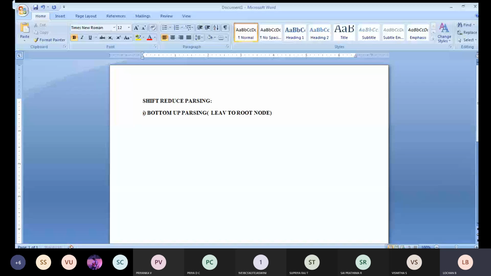Second thing, there is a stack. We will be making use of a concept called stack here. That stack will be holding all the grammar symbols that we use. Third, input. Some input will be provided, and that input will hold the rest of the string to be parsed.